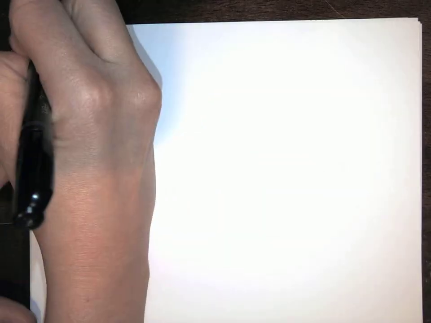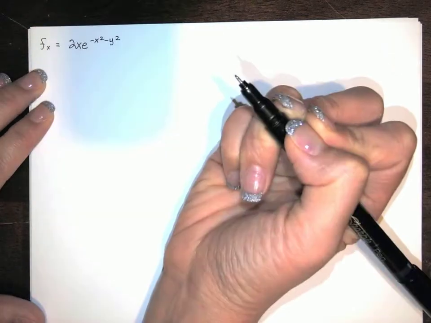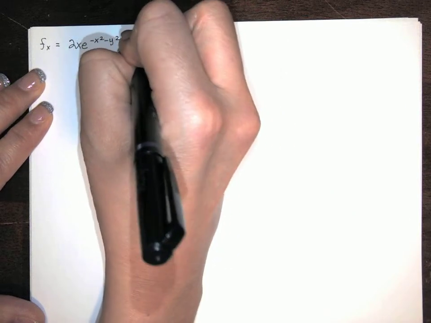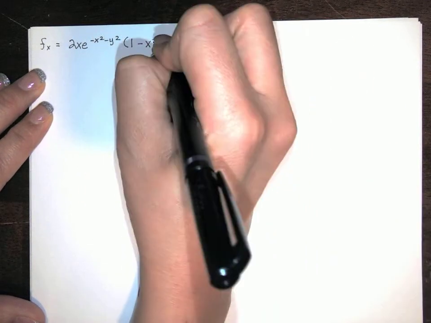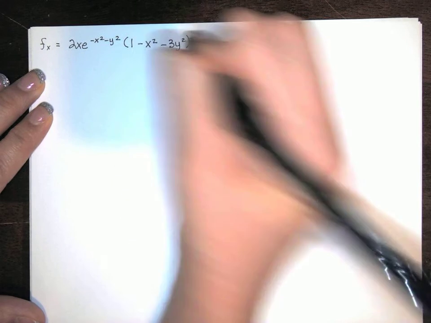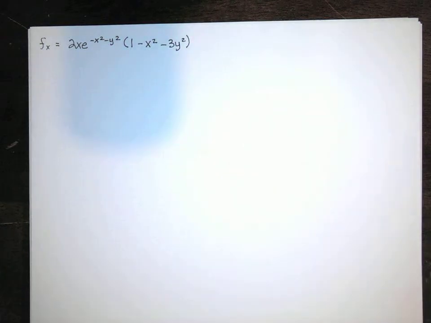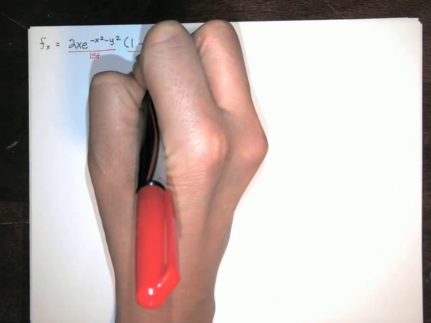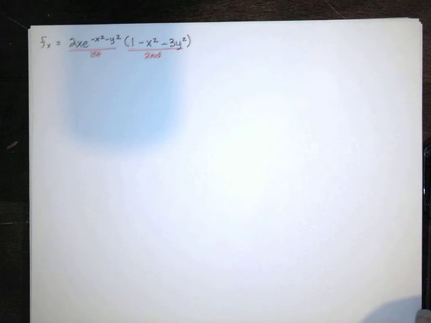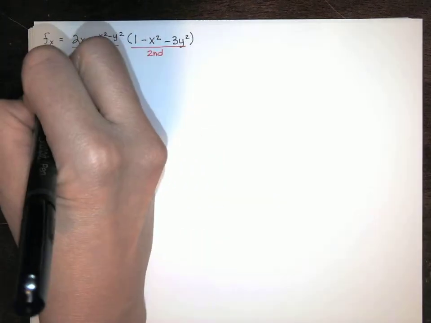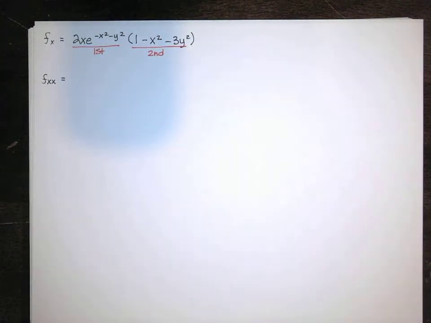And let's write down our first partials. The first partial of f with respect to x was 2x times e to the negative x squared minus y squared times the quantity 1 minus x squared, I'll distribute the negative this time, minus 3y squared. Okay, now taking the derivative again with respect to x is going to require the product rule. If this is my first function and this is my second function, I'll get the second partial with respect to x is the derivative of the first,